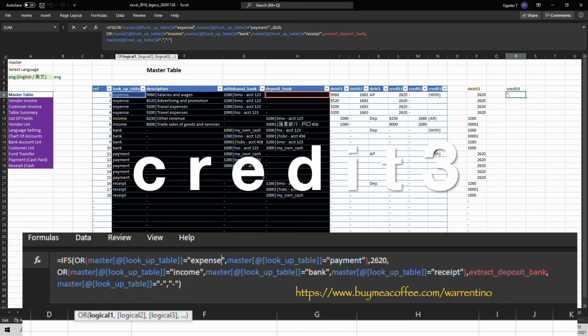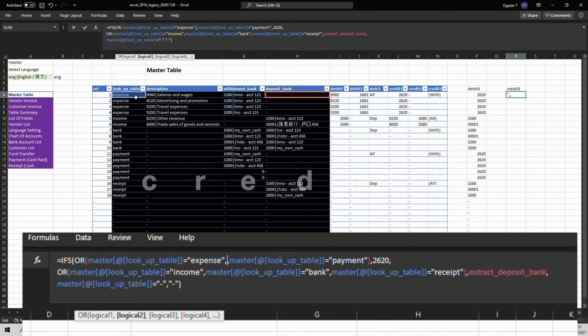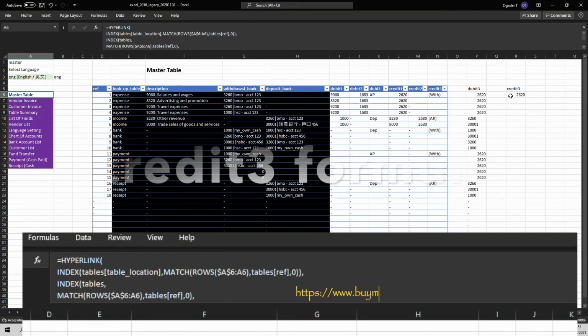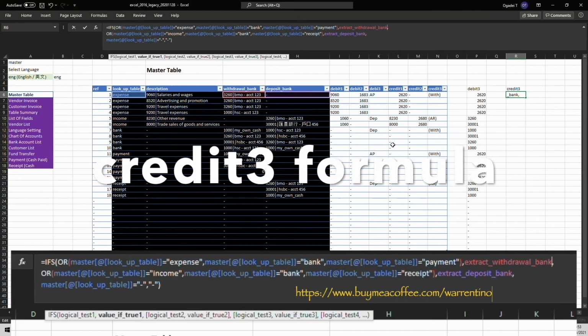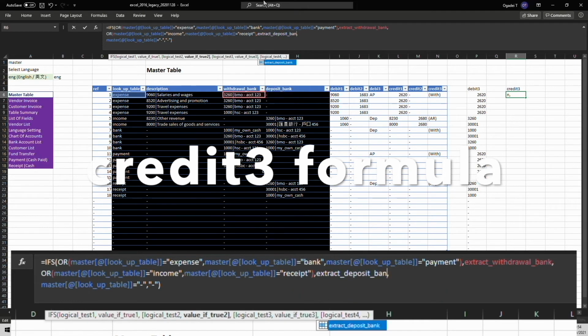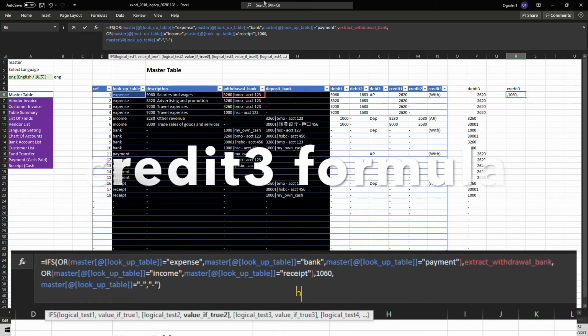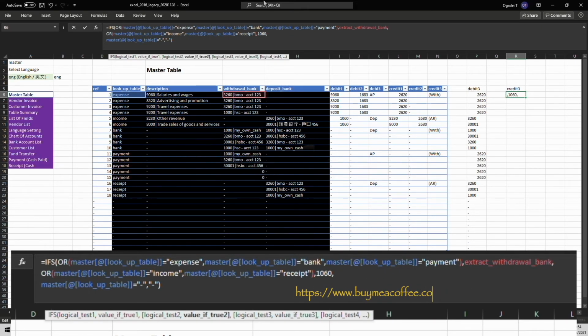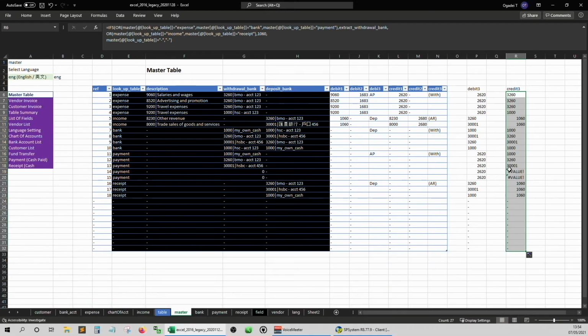For the credit 3 position, we only need to change the debit 3 formula a bit. Let's walk through the credit 3 position formula again to check whether we are right.